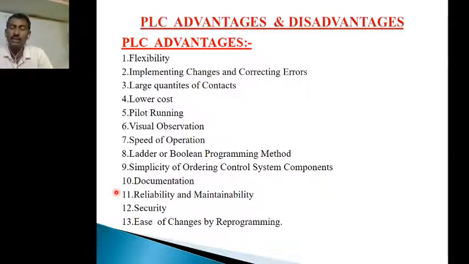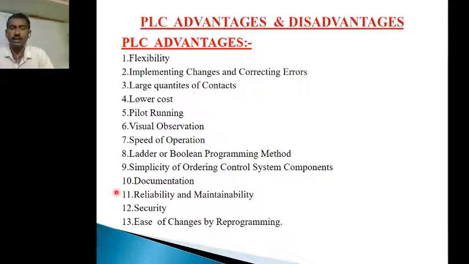You can use only 3 contacts. Why? Because we can use the previous 4 contact program here also. That means if you want to go for large quantities of contacts, there is no need to put a large number of contacts. Simply we can keep the previous contacts and add any additional contacts if we want to introduce them.